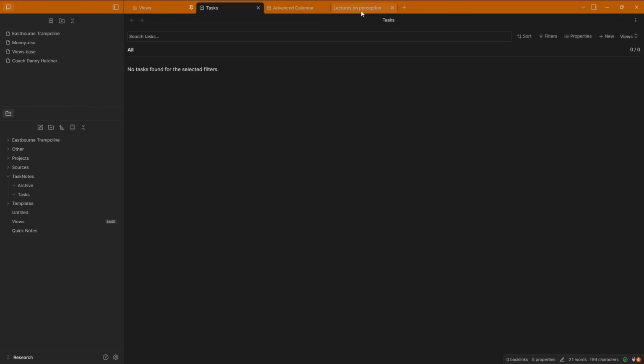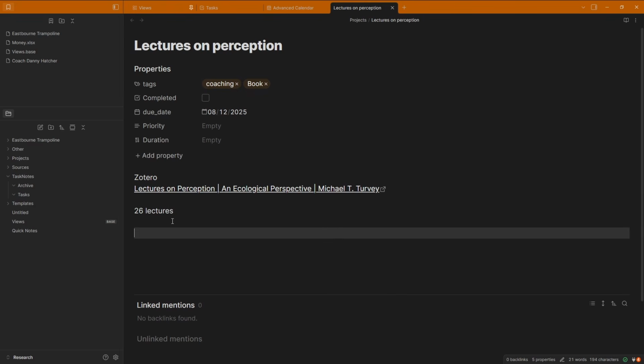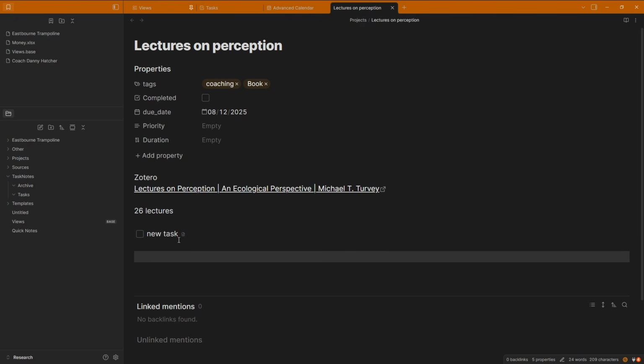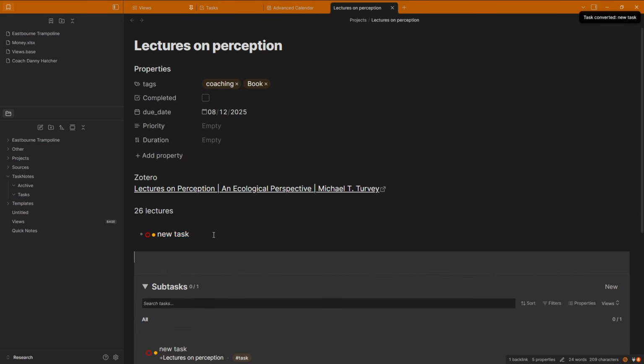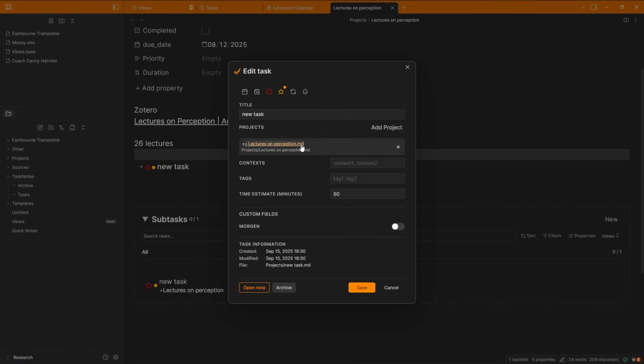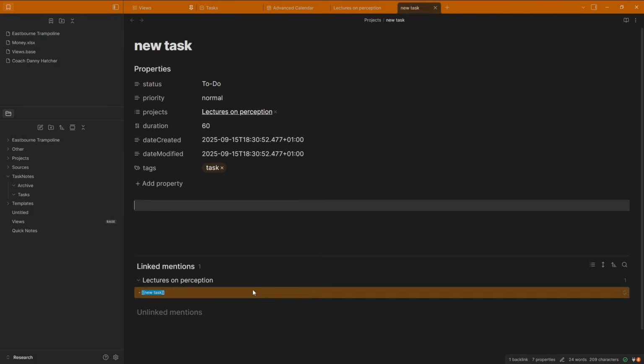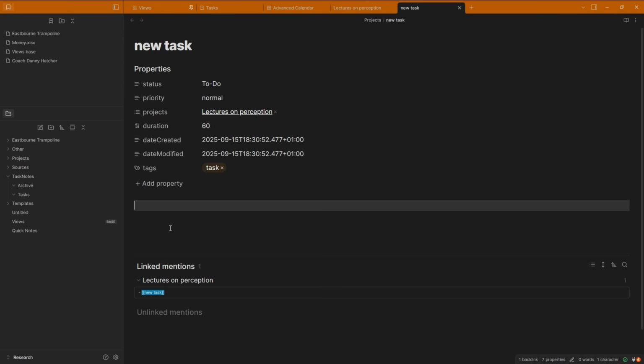Another couple of things I should probably mention, if I go to a file and I create a task, so this is a new task, you can see there's an icon next to it. So if I come out, there's nothing there, but if I click on the icon, it now creates this task block as a new file. And then when I left click, you can see it's taken the file itself, the lectures on perception, as the project file. And then if I save